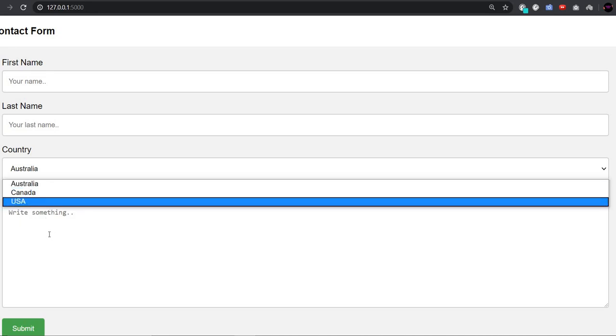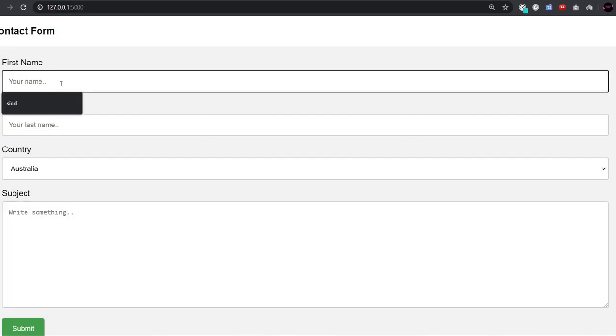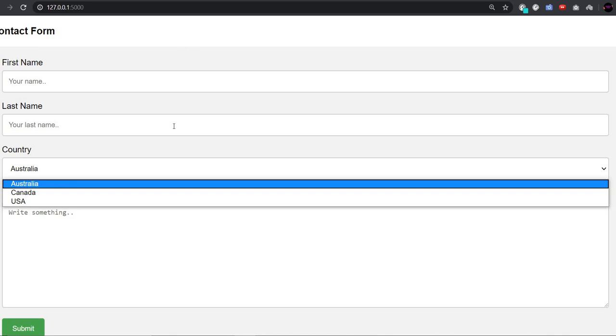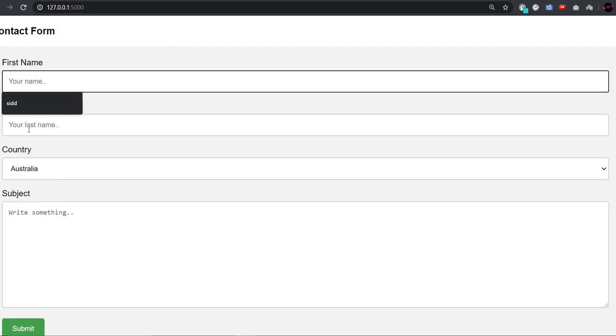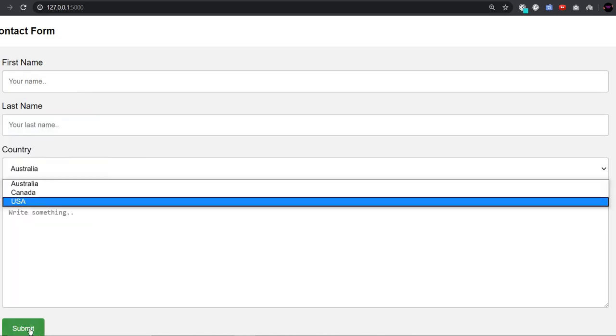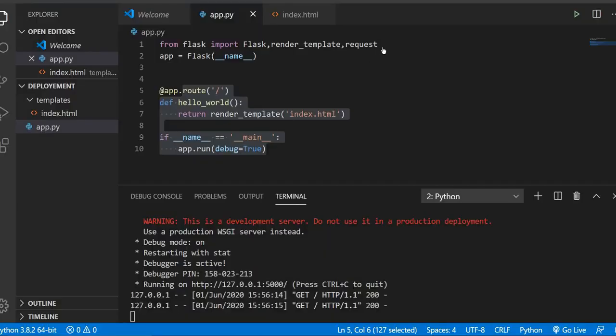We will remove the drop down and the message text box, and we will click here on submit. If this file is present, that is due to the get request, and if we fill all the values and click on submit, then it will give the post request, and that post request we want to retrieve. For that reason we have imported request.